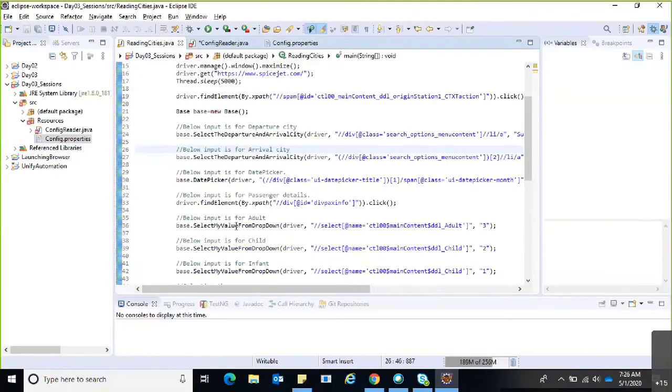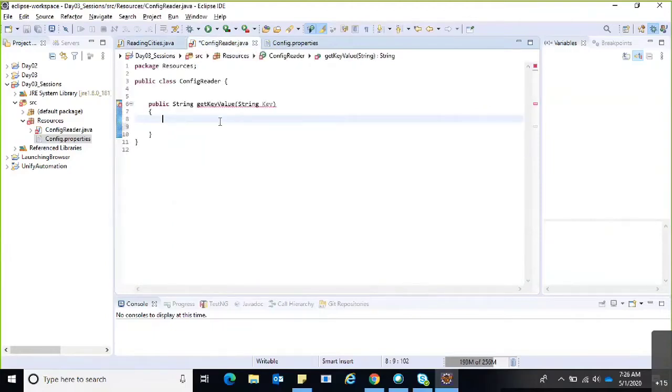Ravi, actually, generally in config properties, we will use only global data, right? We can send timeouts, URL, and username and password details in the config. Can test-scenario-related data also be placed in config.properties? It's better to send that from an Excel file.